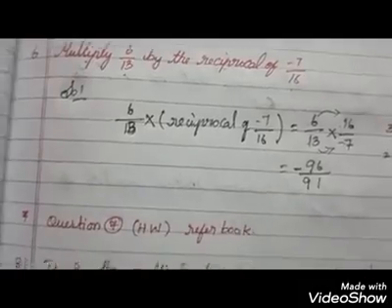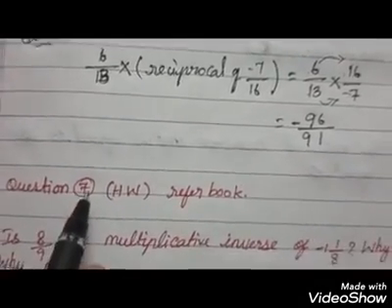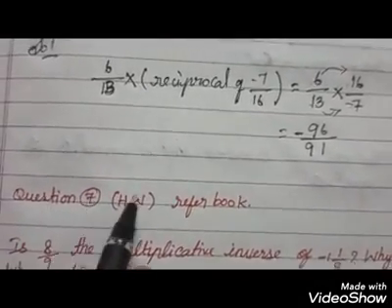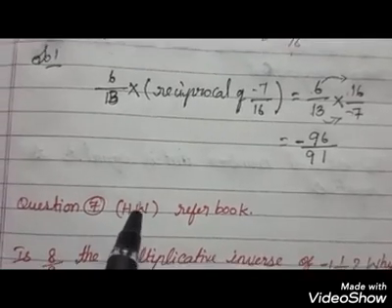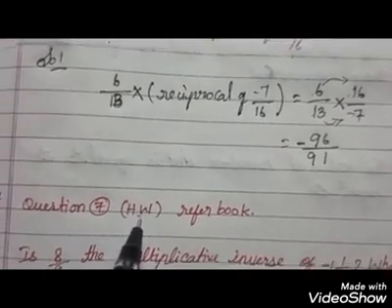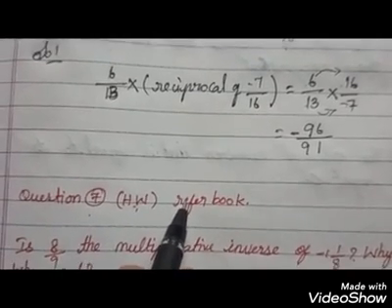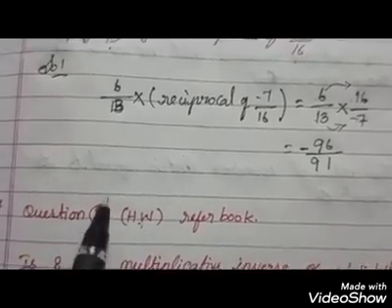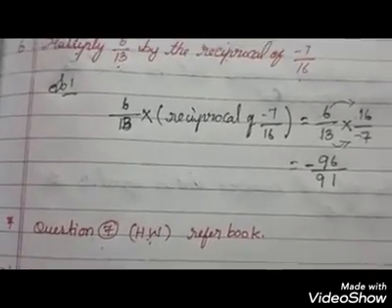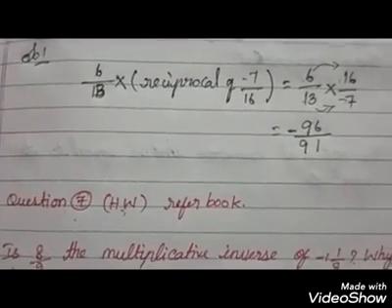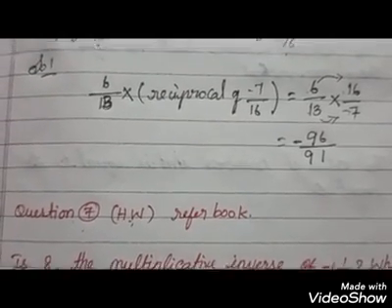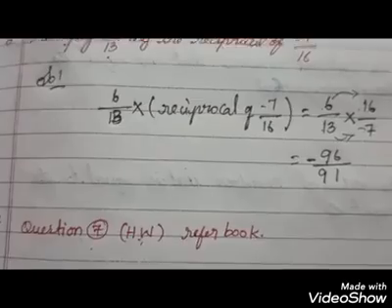Next we move on to question number 7. It should be homework. You should do it in your homework book. You have to refer to the book, and I will share that in PDF. This question number 7 is similar to question number 5. You have to see the numbers and write what the property is.